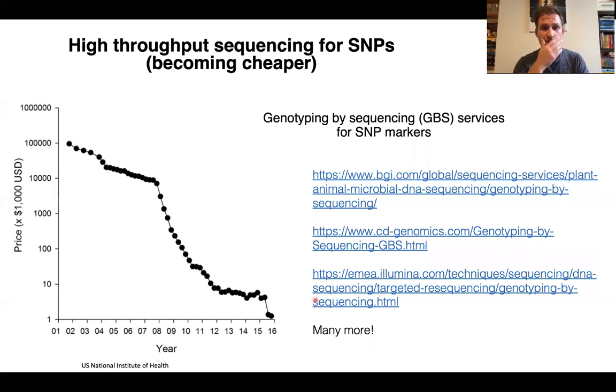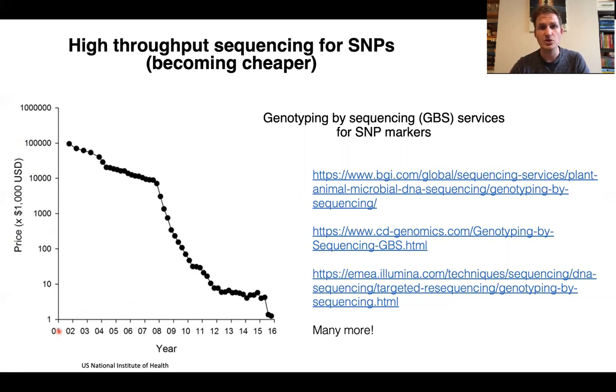And that's because actual sequencing costs are going downwards. So this graph here is the price it takes to sequence the human genome from the year 2001, where it cost like millions of dollars in US dollars, down to like 2016, where it's almost even $1,000, whereas nowadays